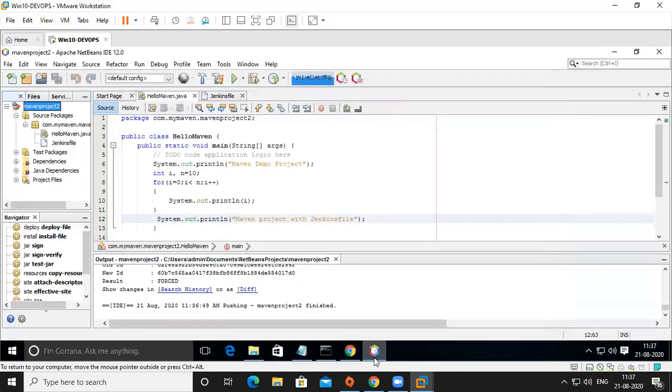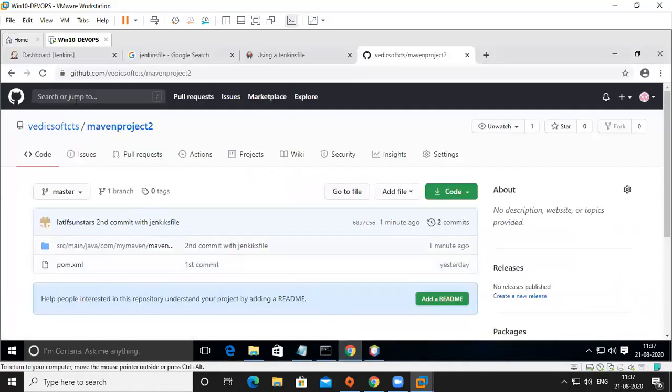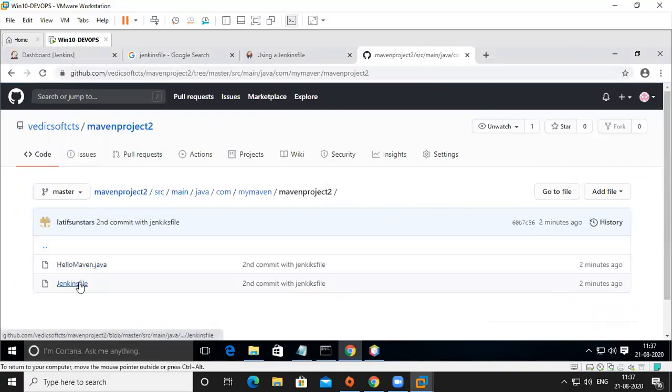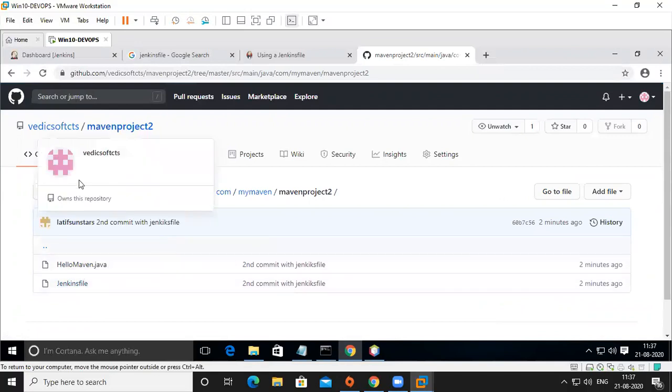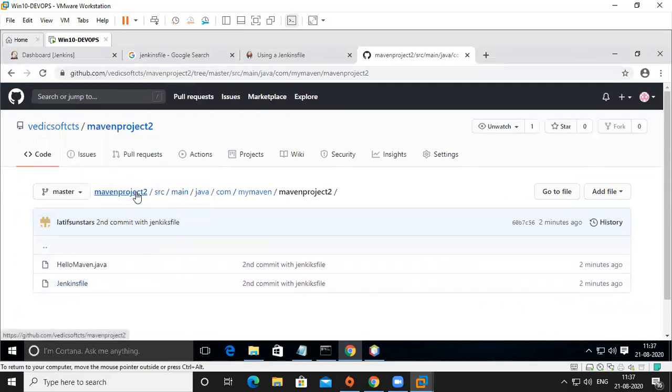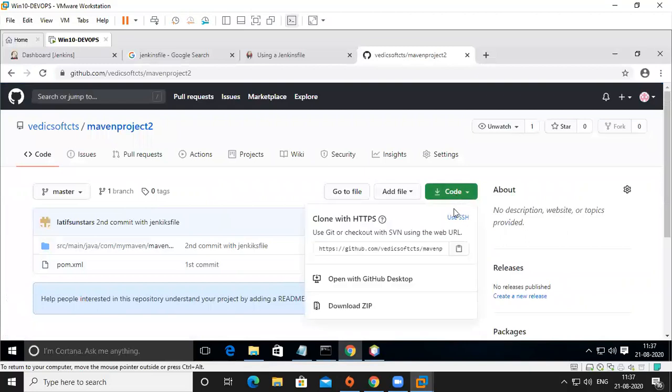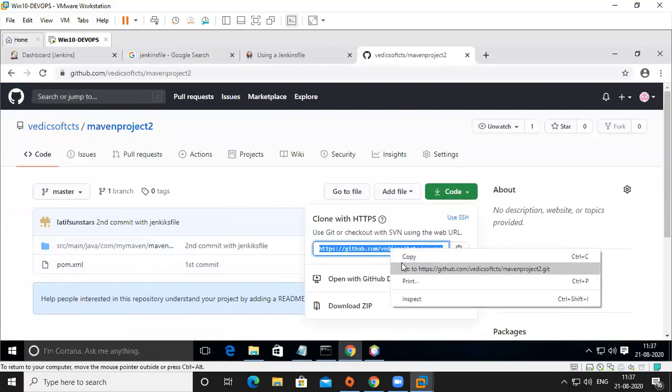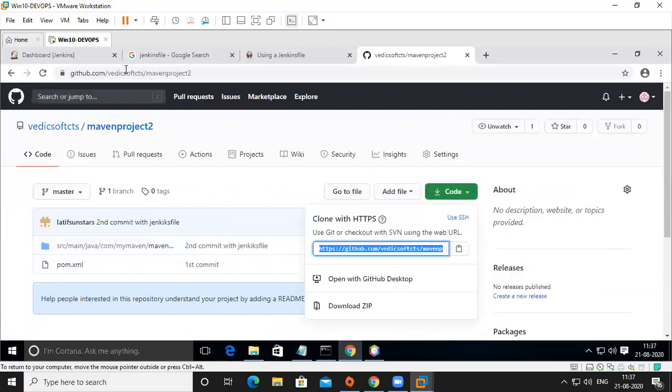Once it is finished, we will get a pushing finished message, but we didn't get anything. Oh, the file came here. It's okay. We'll try with this one in Jenkins. I'm going to copy this code.